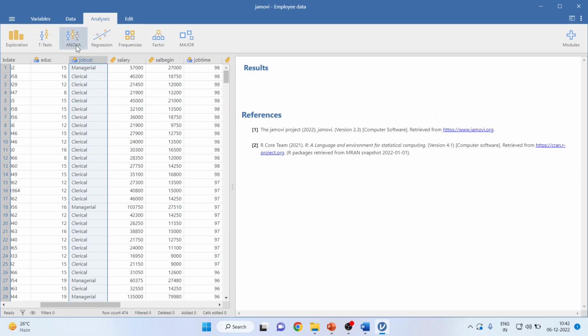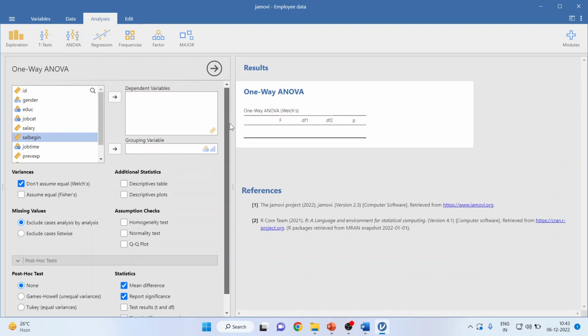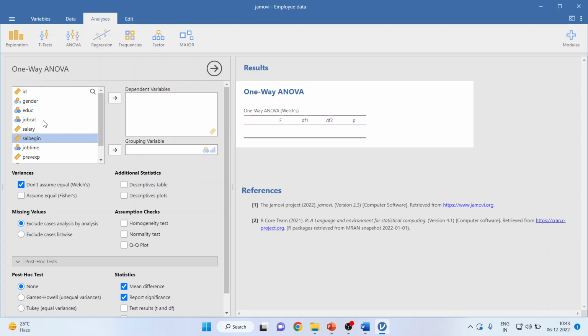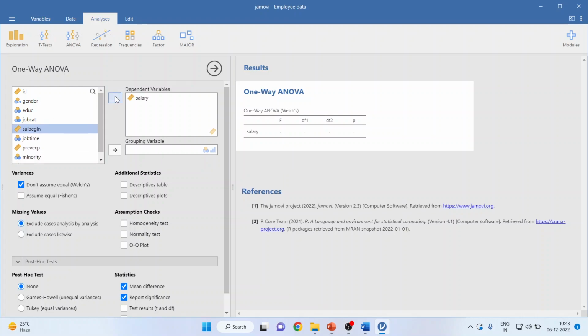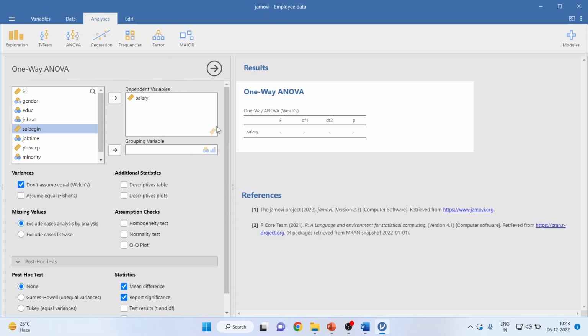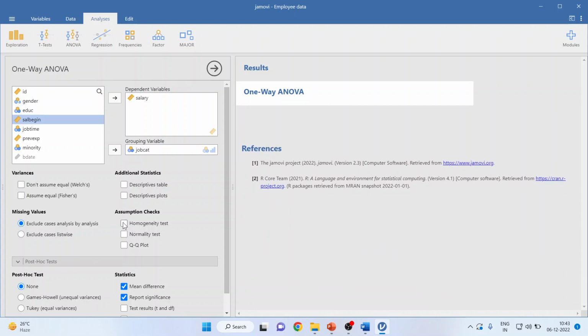So, you should go in ANOVA. There are two types of ANOVA, one-way ANOVA and the second is the other one. Click on one-way ANOVA. Now, transfer salary into the dependent variable. So, it's quite clear that you can run ANOVA when you are having one continuous, scale variable, and the grouping variable is a category. So I'll transfer job category here. Now to run the Fisher's ANOVA or Welch ANOVA, it completely depends upon the homogeneity test. So click on the homogeneity test